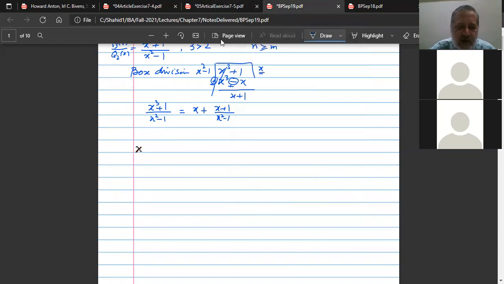I consider 2x squared plus 3 divided by x squared minus 1 into x plus 2. Now you see that this is second degree, but here second degree into first degree makes it third degree. So this is the situation of the type P2x upon Q3x. So n is less than m, and I have to do partial fraction.